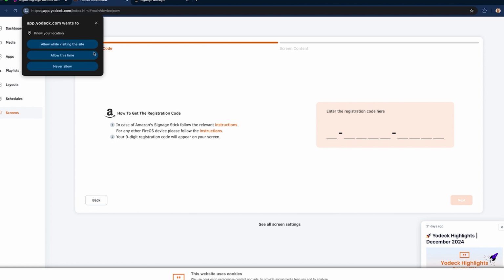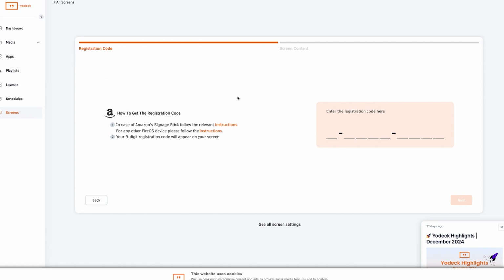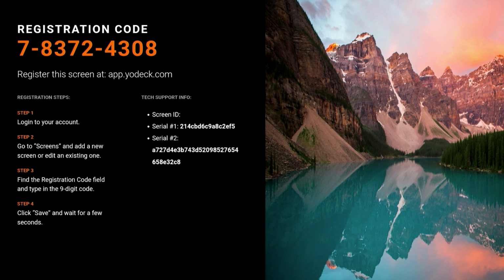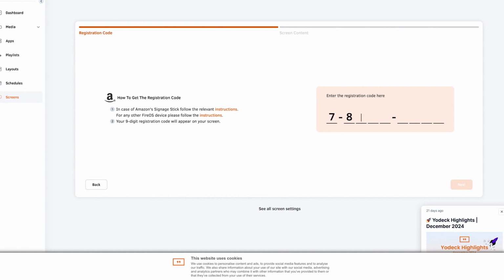Now what's going to happen is in the background, that player is going to be downloading the Yodeck software. Once it's downloaded, you'll see a registration code. This might restart the player first, but then it will present a registration code that you can take and connect it fully so that you can push content to the screen from the CMS, from Yodeck. So once we take that code, in this case it's 78372, put it in here in yodeck.com and click